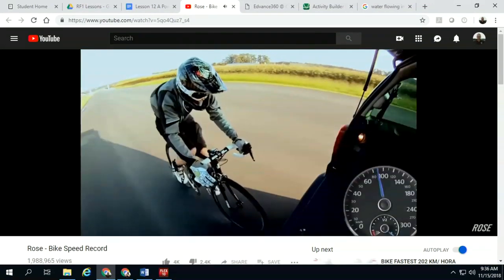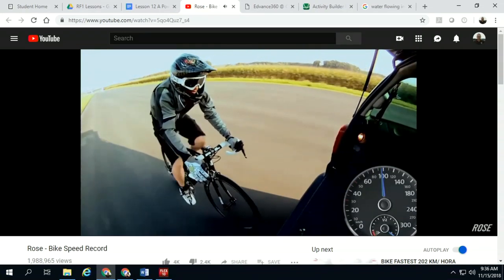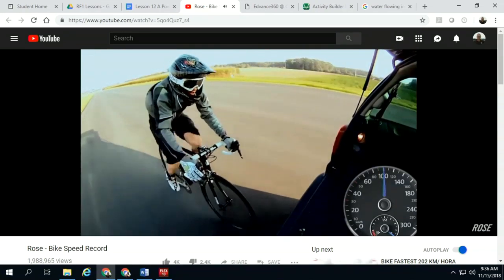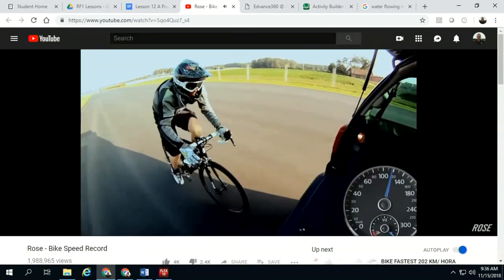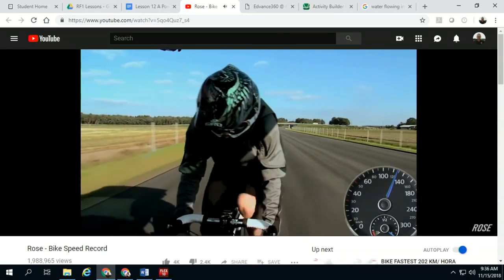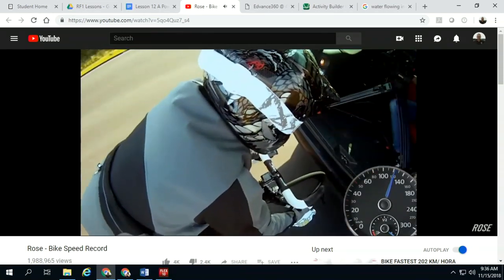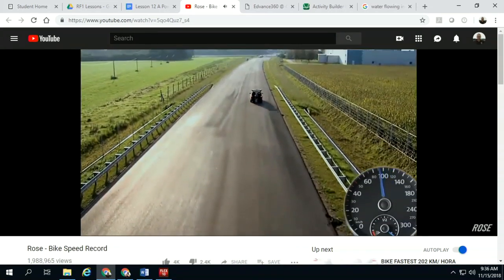Once again, helmet useless. Now that's kilometers per hour. So they got